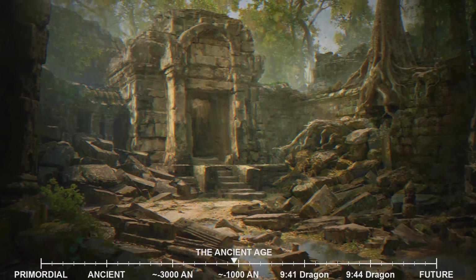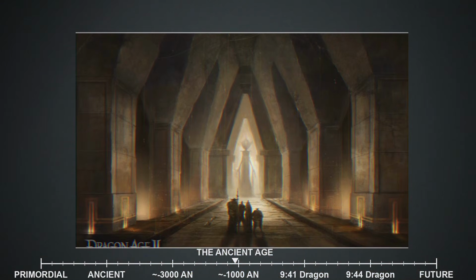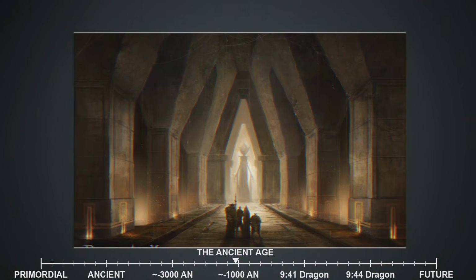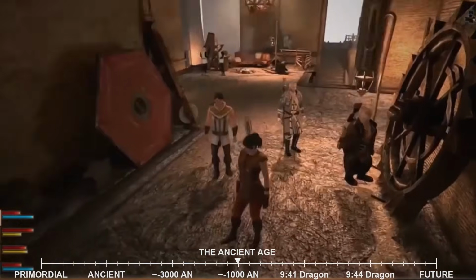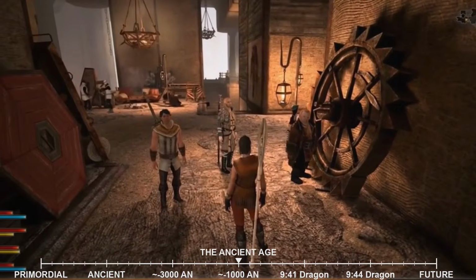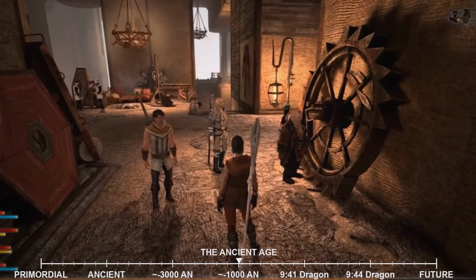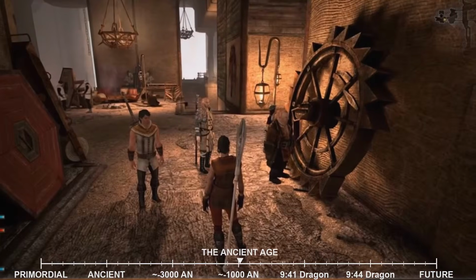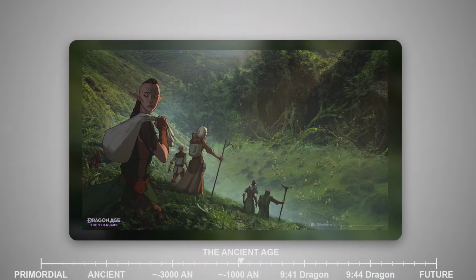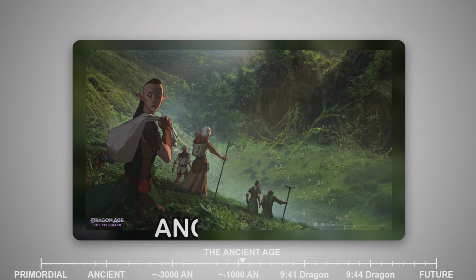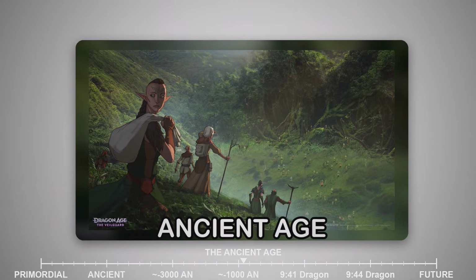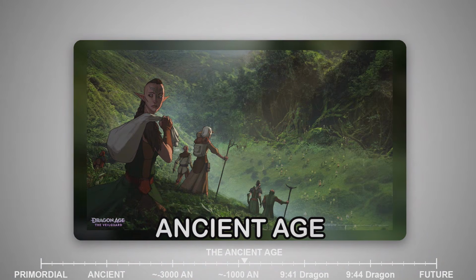As the immortal empire of Elvenon begins its slow, prideful decline, deep beneath the surface of Thedas, another civilization is already ancient beyond reckoning. Long before the elves walked the forests above, long before humans would set foot on these lands, the dwarves emerged from the very bones of the world itself. To understand their story, we must descend into the depths and travel back to approximately 3,955 years before the Ancient Age, to a time when the Earth itself was alive in ways the surface world could scarcely imagine.